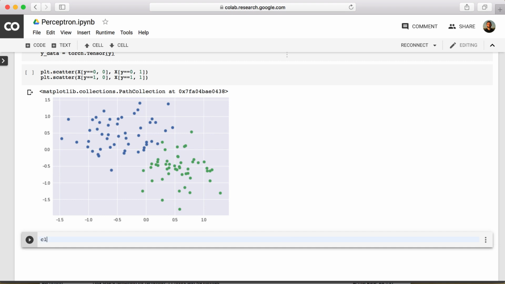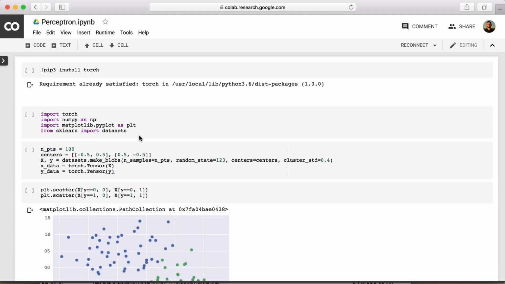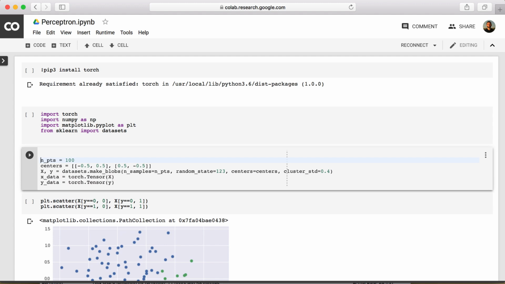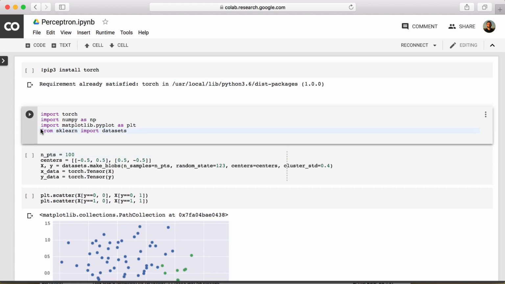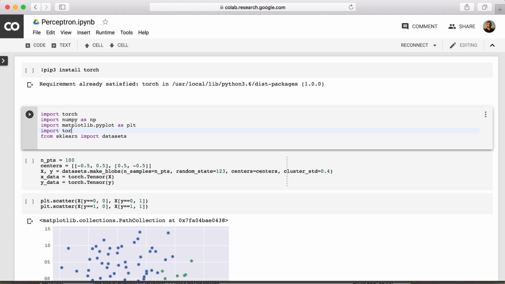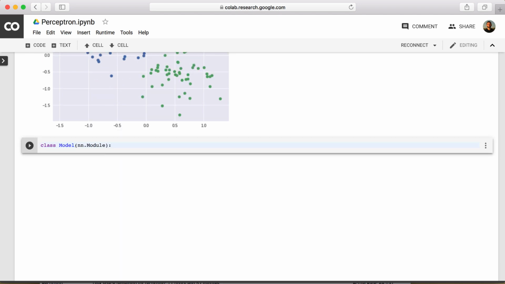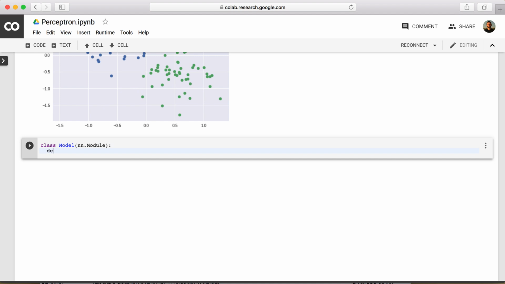As usual, we define the class that we'll be using to create our neural model instances, and we'll just call it model. We will once again inherit from nn.Module. And to do that, we need to import it first. So back here, what we'll do is import. Let's do it right on top of from sklearn. We will import torch.nn as nn,